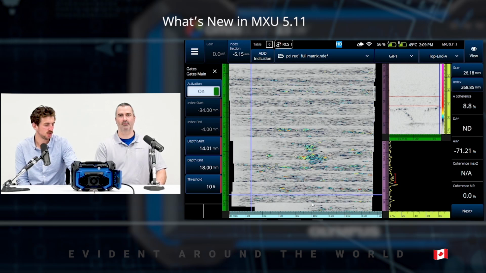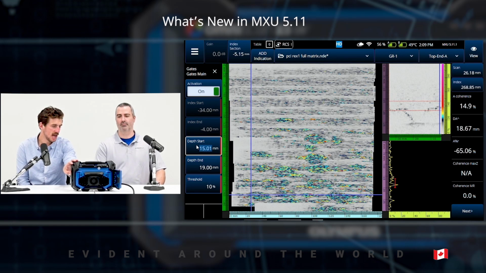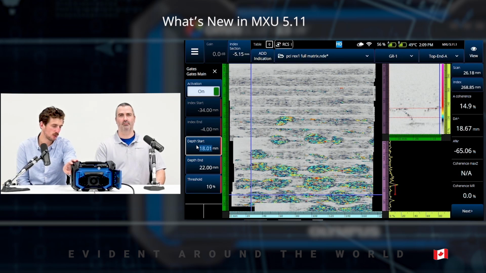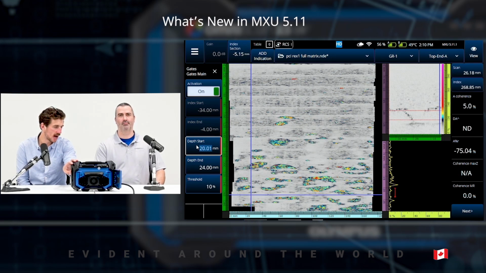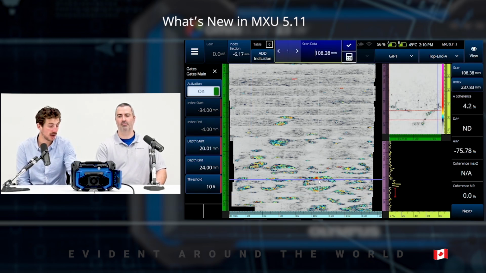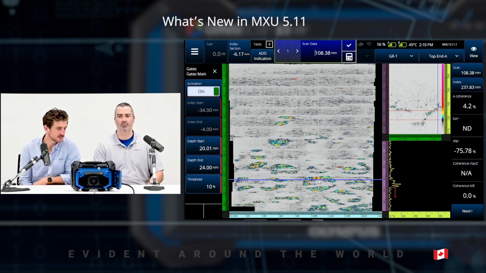But if I change back to gate A, I can use my gate, scrolling the depth to identify the tops of some of my defects. So if I want to make sure that there are no defects that arrive at a certain position in my part, or in another case, if I want to scroll down and see where I start to have defects, and more importantly, if I want to see where I may have some connections with my ID, I can target the bottom of my part, and all the positions that I can see in my end view or my top view are going to be where I might have a connection with the ID, like we see in the end view here.